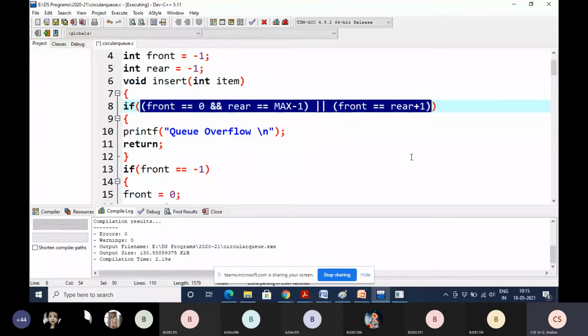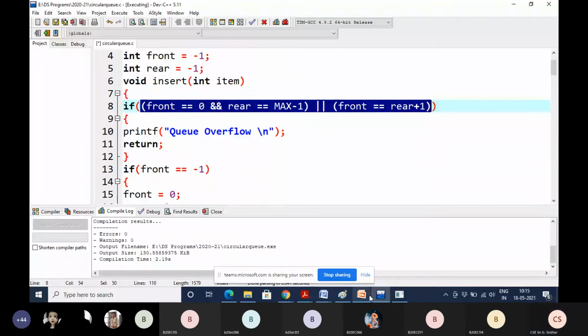Whatever you said to the left side of equal to is exactly correct, but on the right side you have to tell. Front. Very good. Instead of writing all these things, you can simply write rear plus 1 modulus max equal to front.